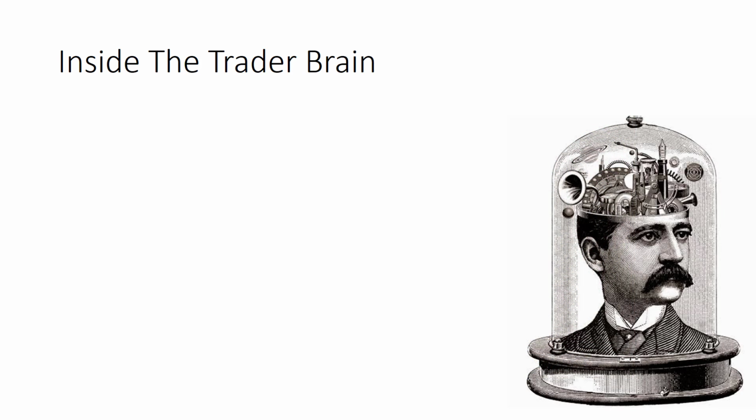So inside the trader's brain, you've got this strategy, and that strategy looks like it's going to be a winner. Now, for most traders, strategies are based on empirical evidence, right? They've seen something work enough times that they thought they could develop a system around it, develop a strategy that they can deploy every day and make it work. Those are the best kind of strategies, right?